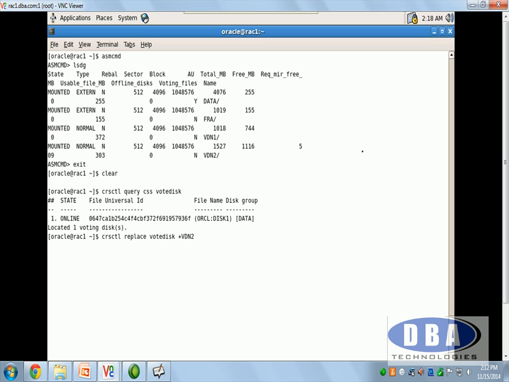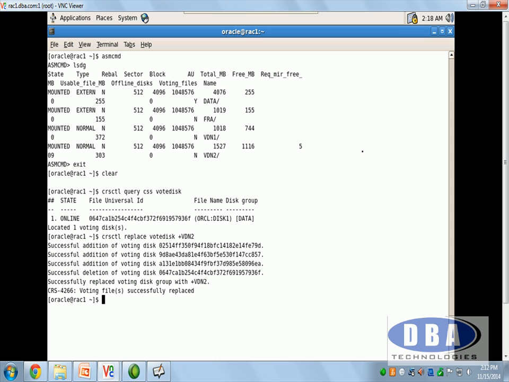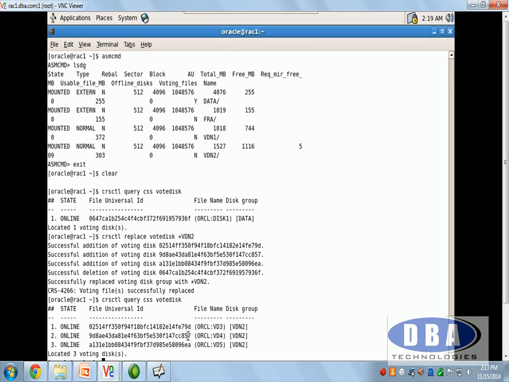Because it has 3 disks, it should go on. Here we go. Successfully replaced with VDN2. Now if you query votedisk, it has been moved to VDN2 having three disks.